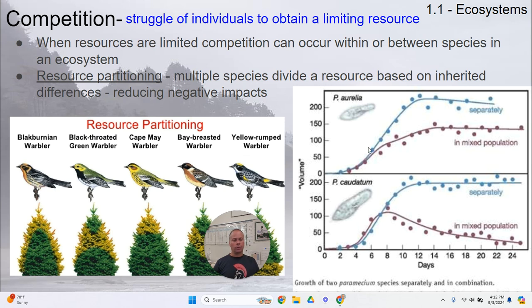But when Gause grew these two species in a mixed population, okay, holding all the other resources steady, what he found was that Paramecium aurelia grew to higher levels, and the Paramecium caudatum was basically displaced until it eventually was almost unable to survive in this mixed medium where it had to compete for food. So oftentimes when we have two species competing, one will win out, and the other species might die out or might have to alter its niche in some way to reduce that level of competition.